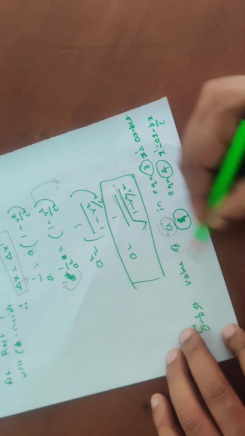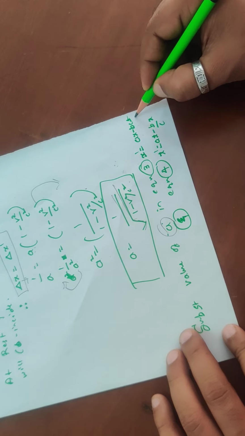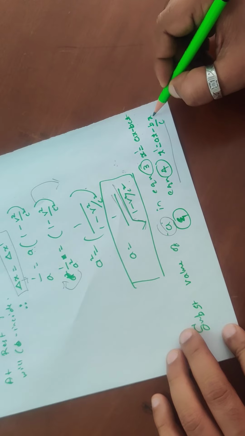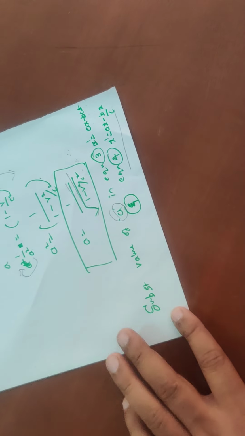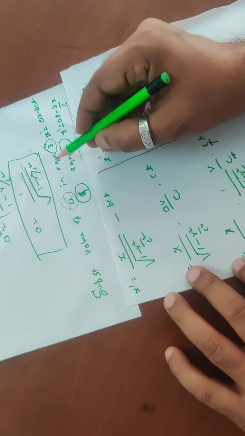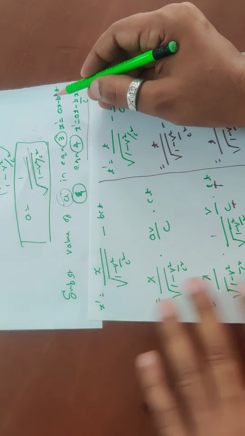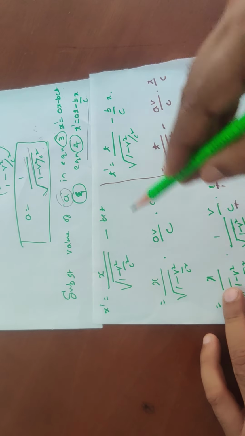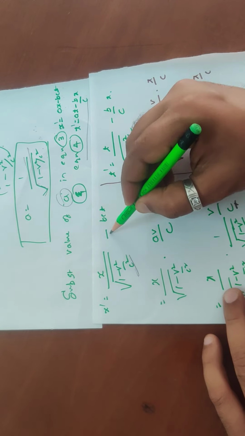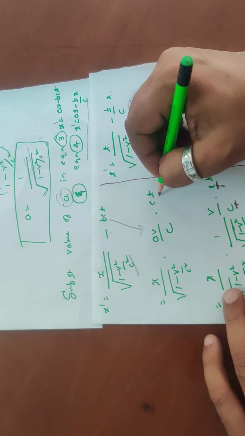Substitute the value of a in equation number 3, which is x dash equal to ax minus bct. Also this value you have to substitute into t dash equal to at minus bx upon c. So what do I get? See, when I substitute in equation number 3, x dash equal to ax minus bct, that is x upon, what is the a value? It is 1 by root 1 minus v square upon c square, minus bct as it is. We know that b equal to av by c, ct as it is.